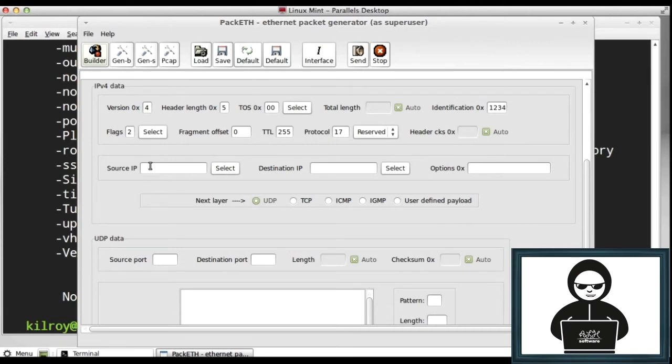So I could set a source IP address here that was something completely different from mine. Now, if I'm using TCP or UDP, I'm not going to see the response back, and in the case of TCP, I'm not even going to get the three-way connection made